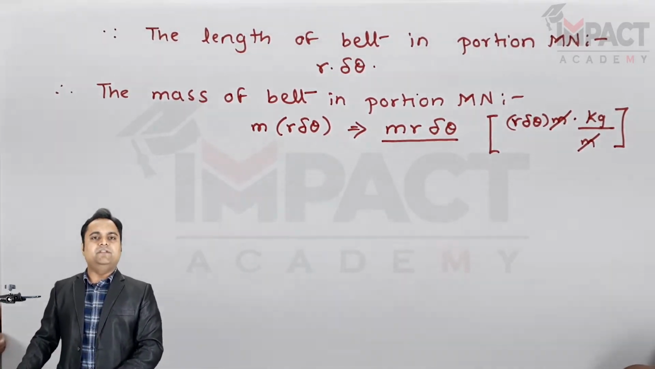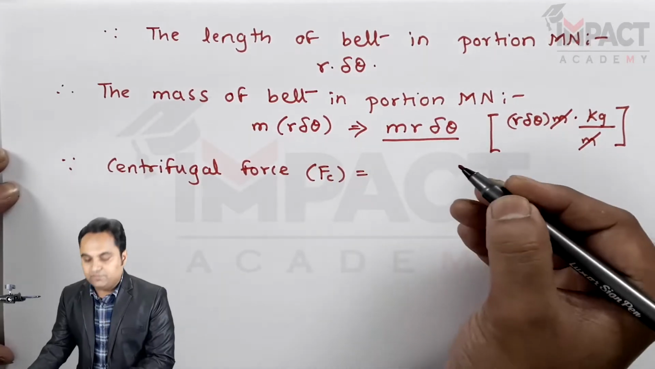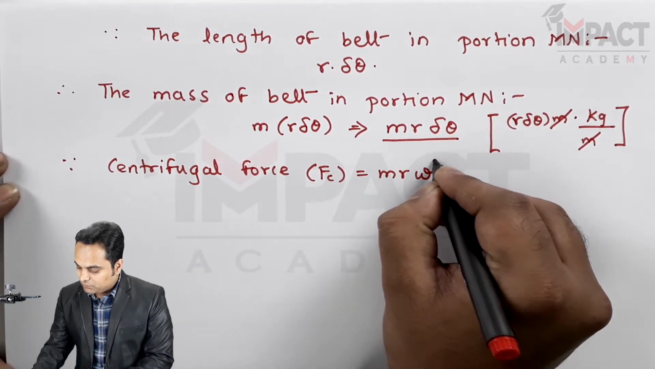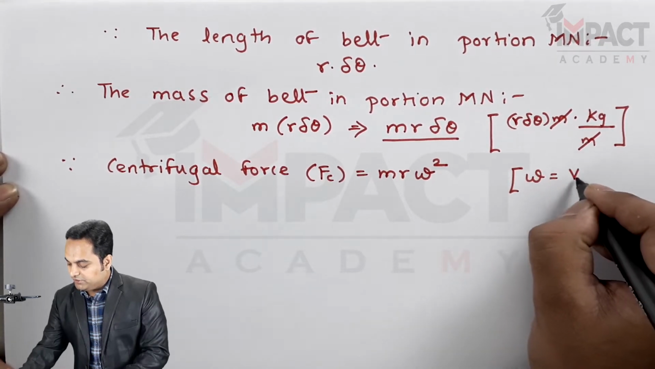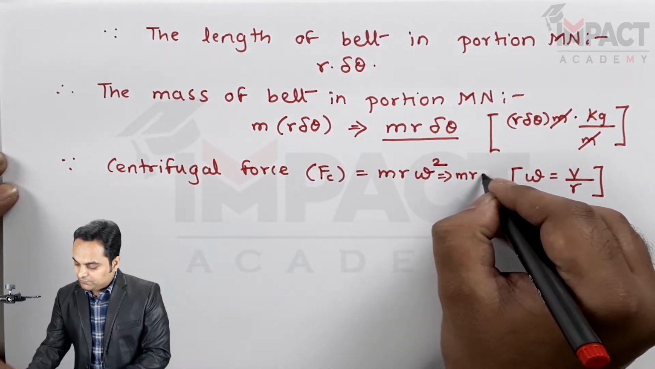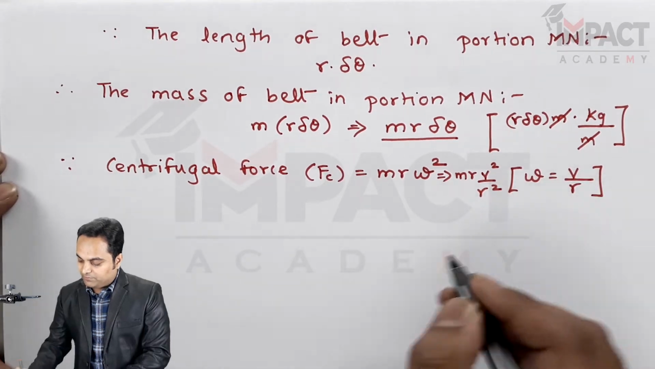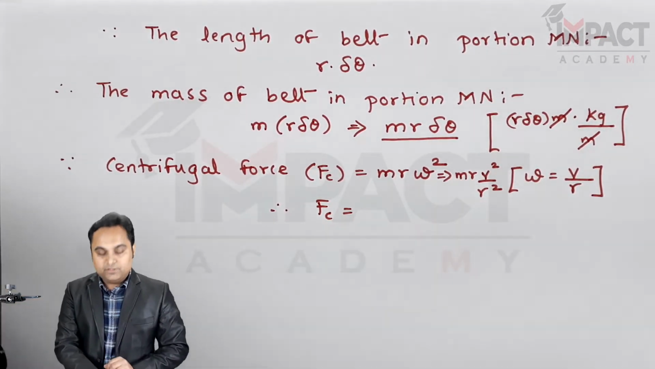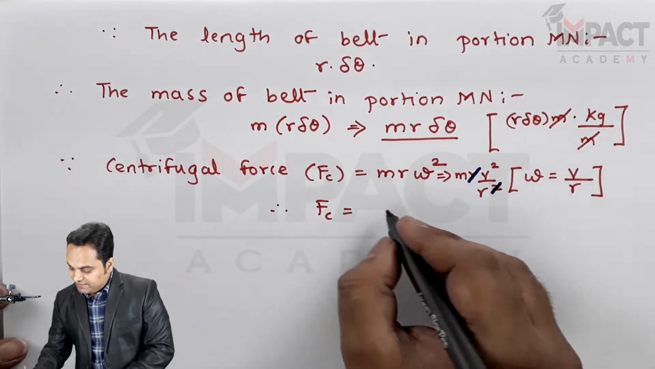Next, after getting the mass of the belt in portion mn, the next thing I'll do is to find the centrifugal force. For that I am writing the formula of centrifugal force. Centrifugal force is given by m r omega square, and we know that omega is equal to linear velocity upon radius. So that will become m into r, and instead of omega I'll write V upon r, so it becomes V square by r square. Therefore the centrifugal force will be, single r and r will get cancelled out, so it is m v square